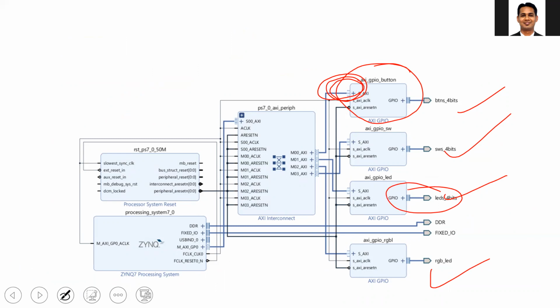If it is the input GPIO, it reads the content of your push buttons or the switches and then stores it inside the register, and via the AXI read transaction you can read the data inside the register, and once you read it, you get to know the status of the corresponding button. All this reading and writing you can do using the ARM processor.